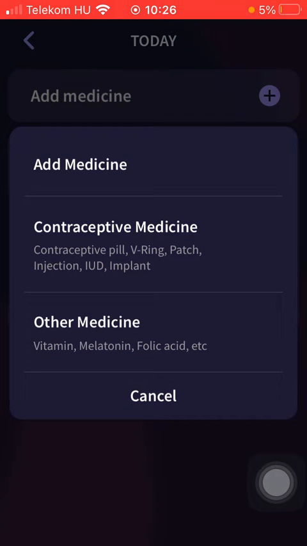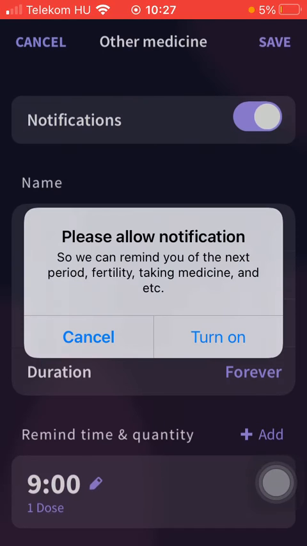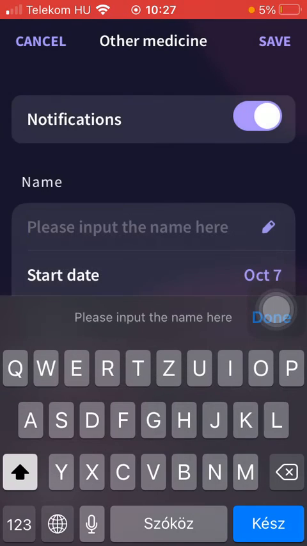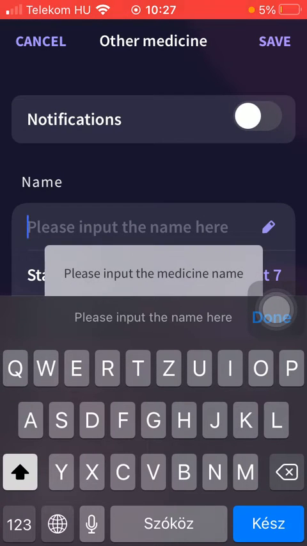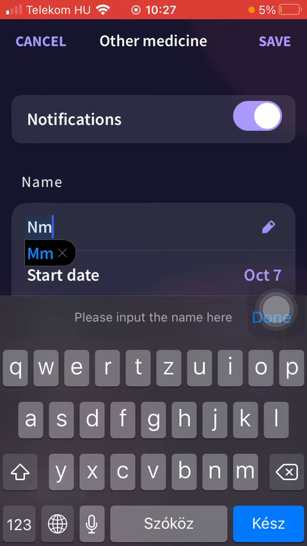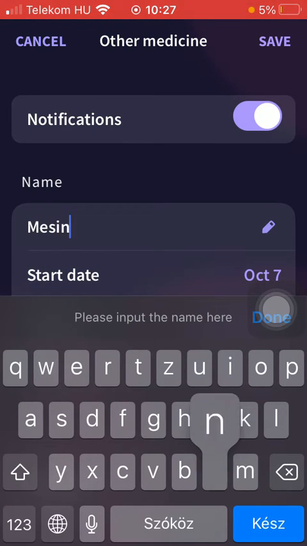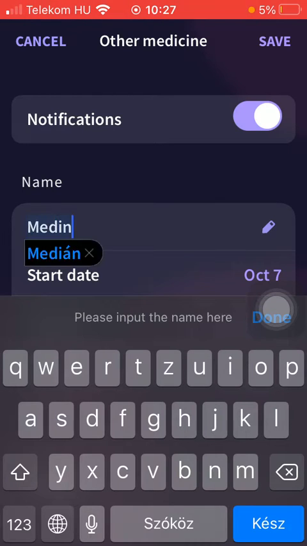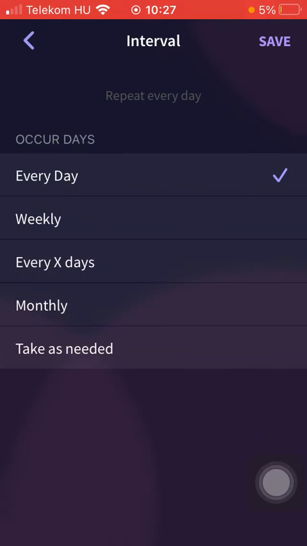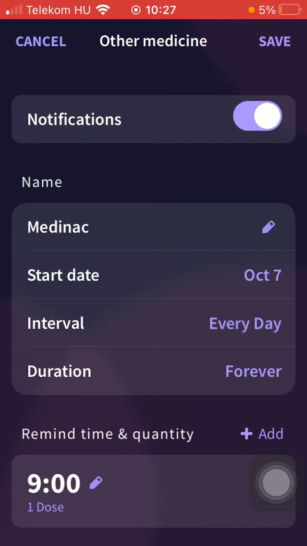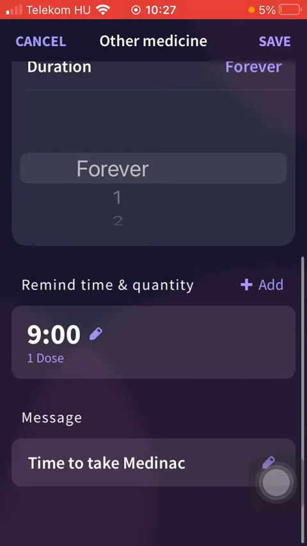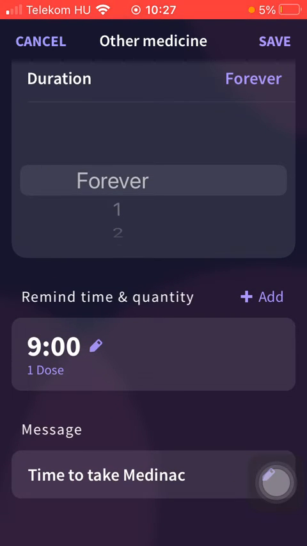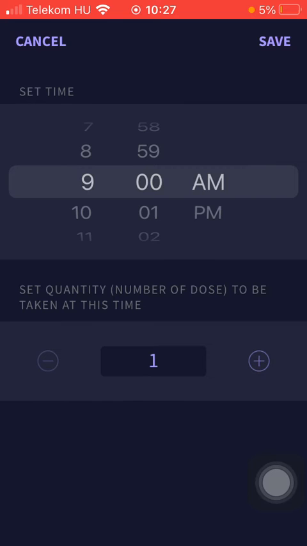Here you should select the type of medicine you take, such as contraceptive or other kind of medicine. Here you can turn on notifications if you want to get reminders. You should input the name of your medicine. Then select start date, interval, and duration as well. You can also select the remind time and the quantity that you need to take,